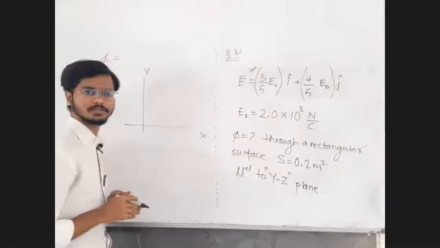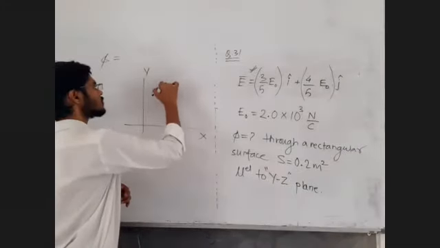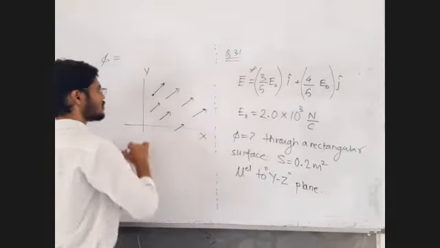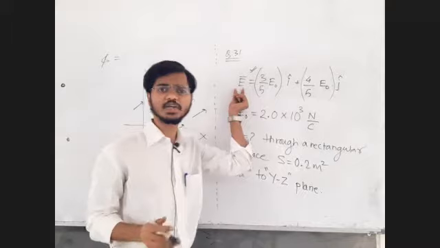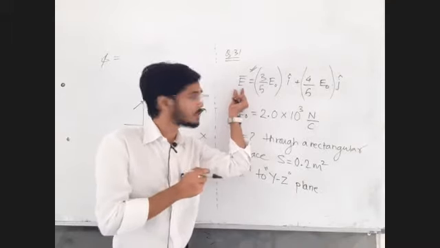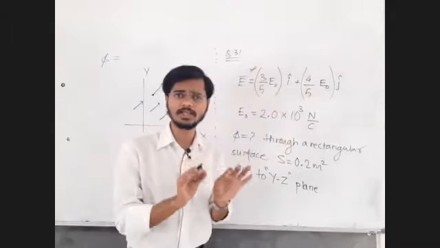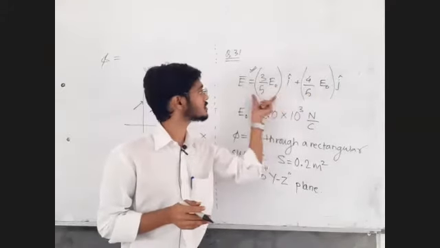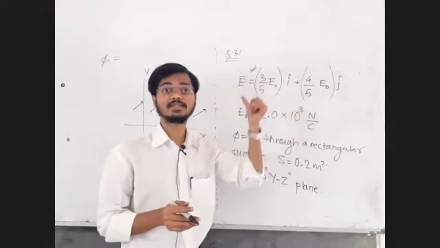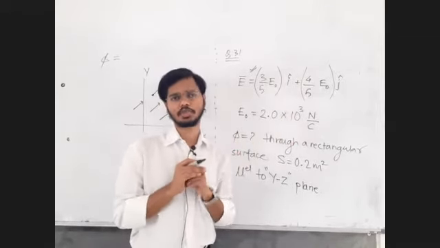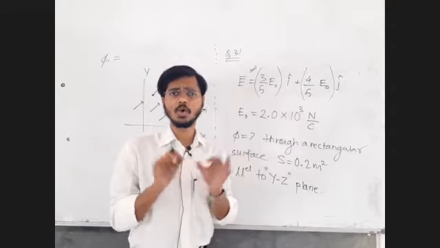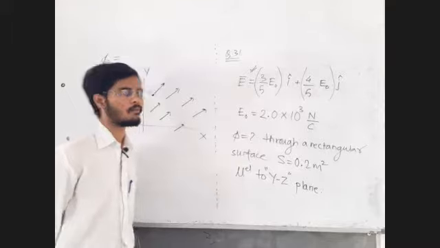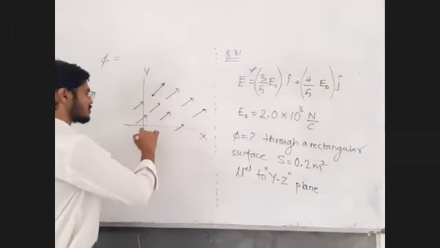At all the points, electric field has same magnitude, same direction. Because the electric field is not changing with x, y, z coordinates. This is the value of electric field at any given point x, comma, y, comma, z. But x, y, z are not present in this. It means that this is a constant electric field. At each and every point, electric field is constant in magnitude and constant in direction. Reply me in the chat box, yes or no. At every point, same magnitude, same direction.